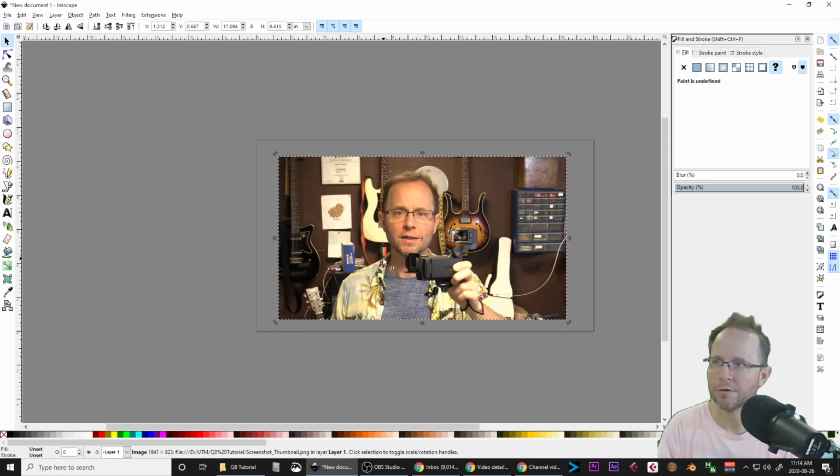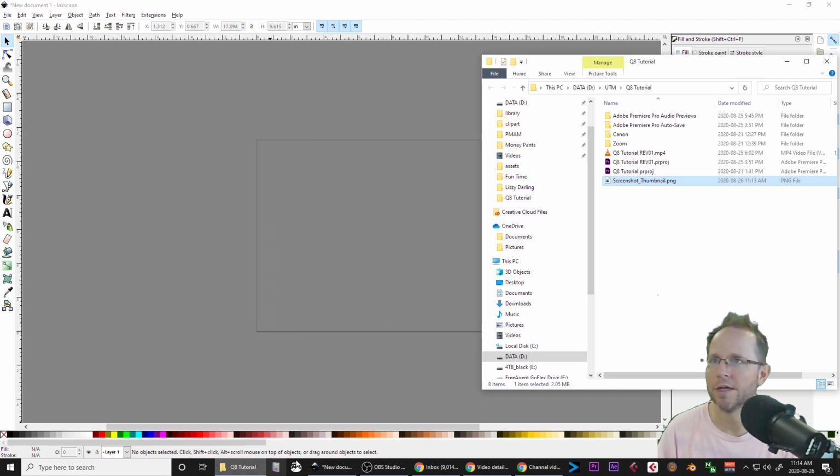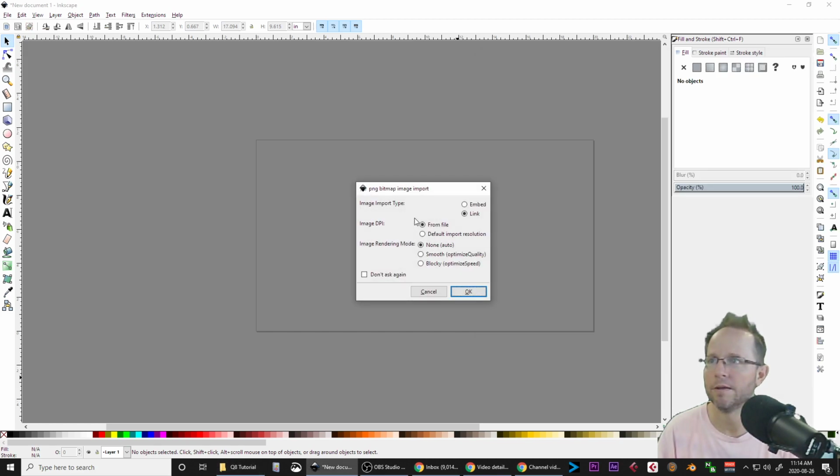And I rushed through one step there. I'm going to do this again. Whenever I dragged in this, there's two ways you can drag an image into Inkscape: one's to embed it or one's to link it. Now, if you embed it, it actually becomes part of the Inkscape file, which makes that Inkscape file pretty big if you do a whole bunch of images. But if you just link it, which I have here,